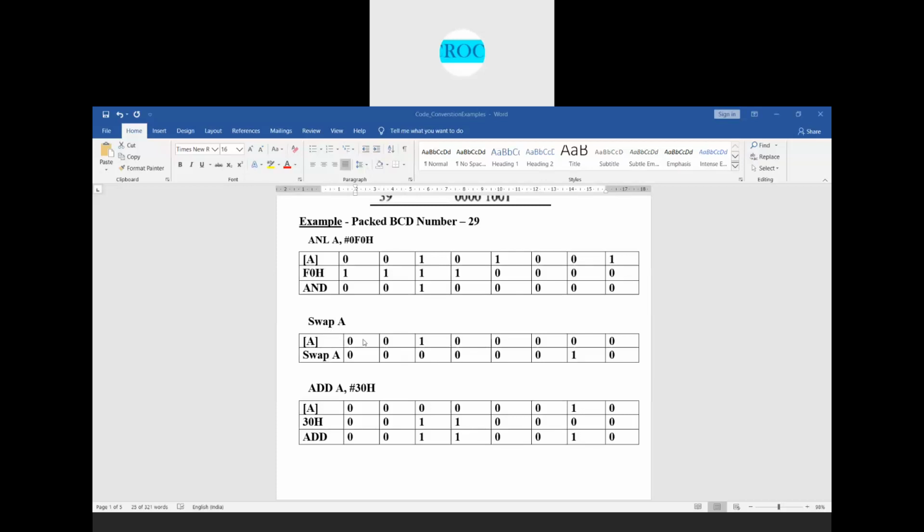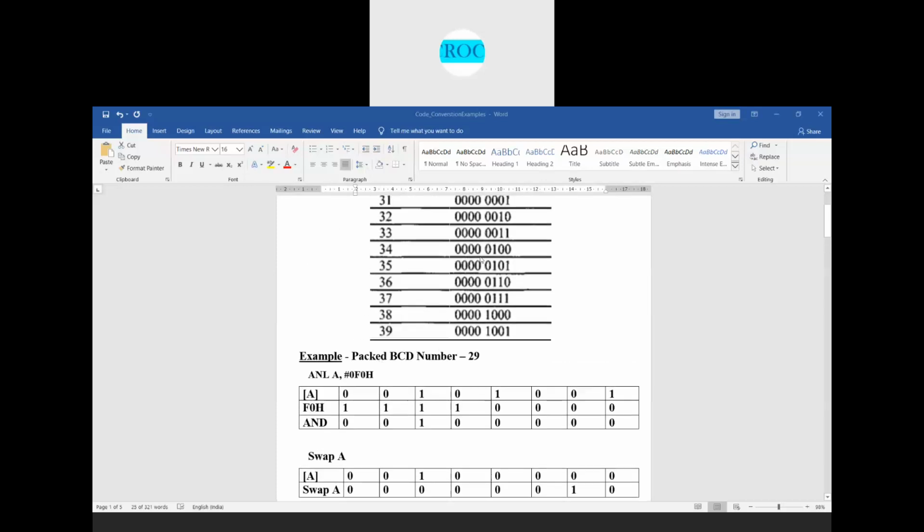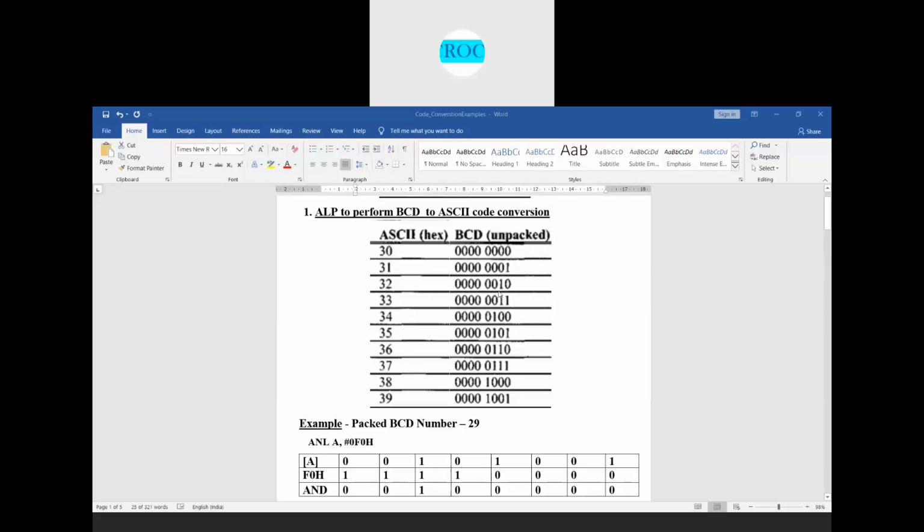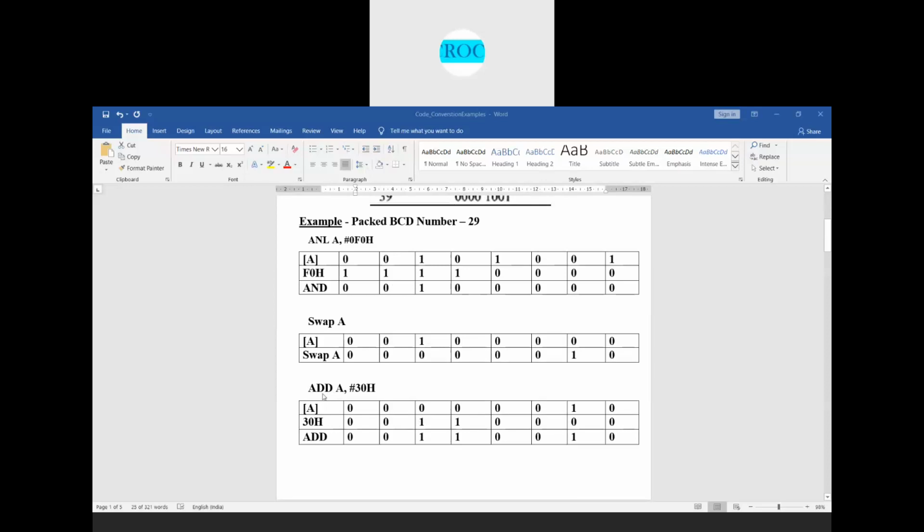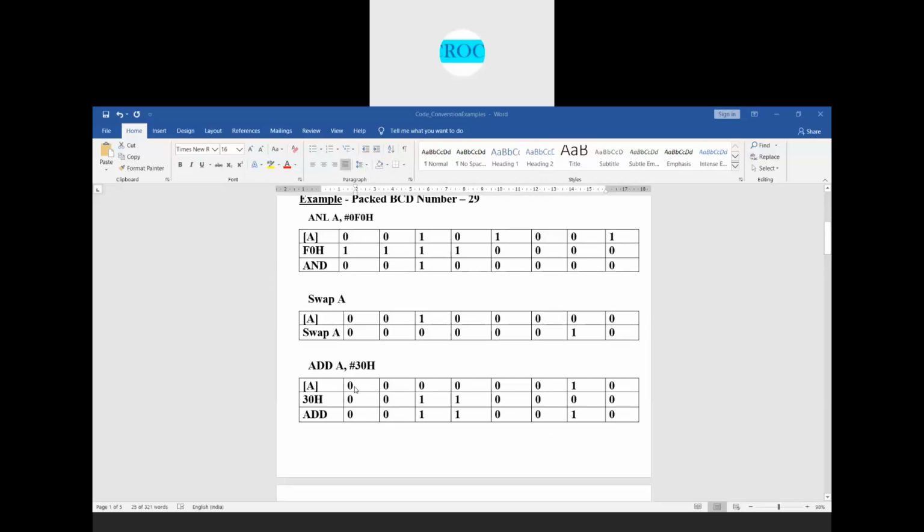Now to this unpacked 2, we add 30: ADD A, #30H. A is having 02 now. To that 2, we add 30H. What do we get here now? A is having 02 and we need to add 30. How do you represent 3 here? 0011 0000 in binary.